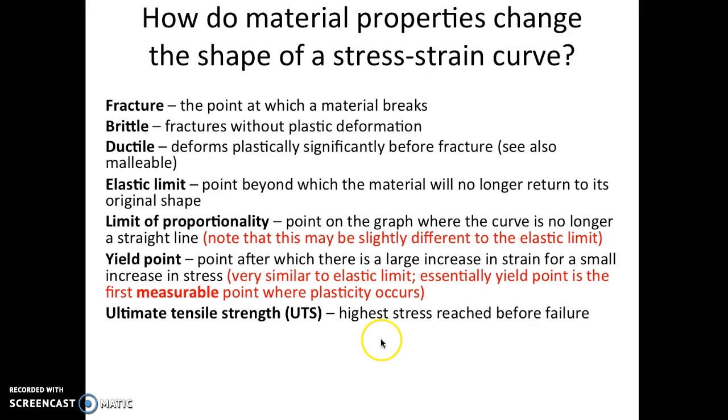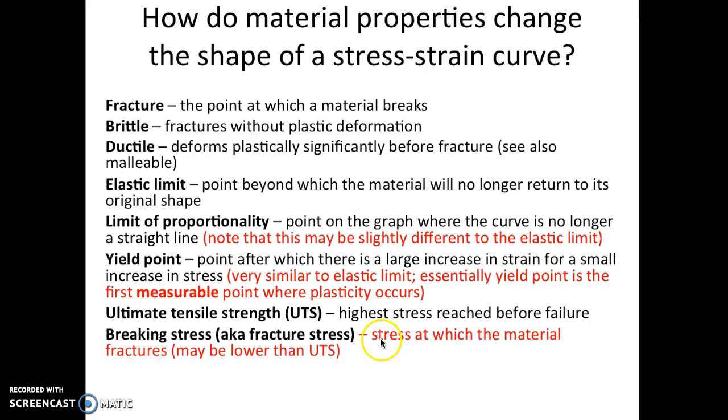Ultimate tensile strength, normally abbreviated to UTS, that's the highest stress reached before a material fails. And then finally, breaking stress, which is also called the fracture stress. It's the stress at which the material fractures. It's important to note that this might actually be lower than the ultimate tensile stress. Now, I'm hoping you're going to pause